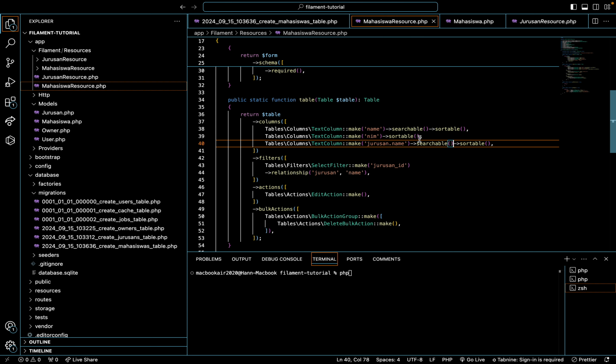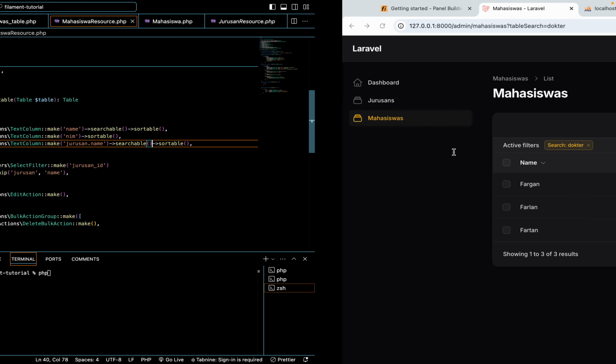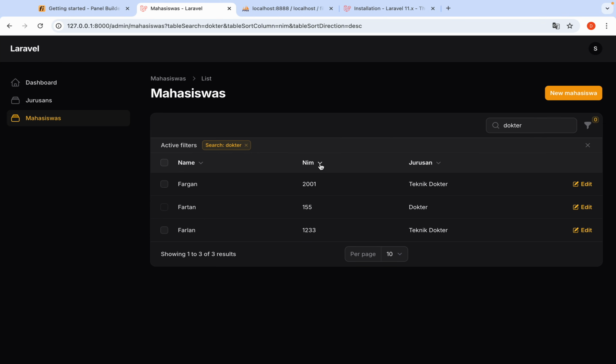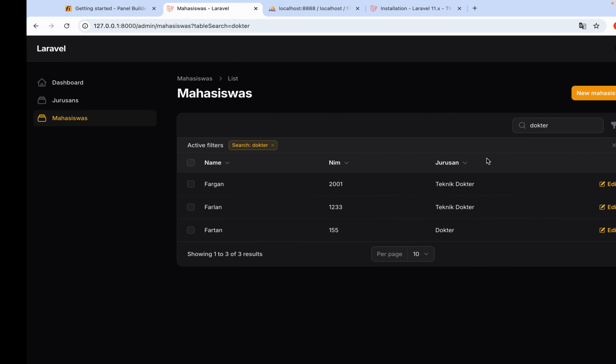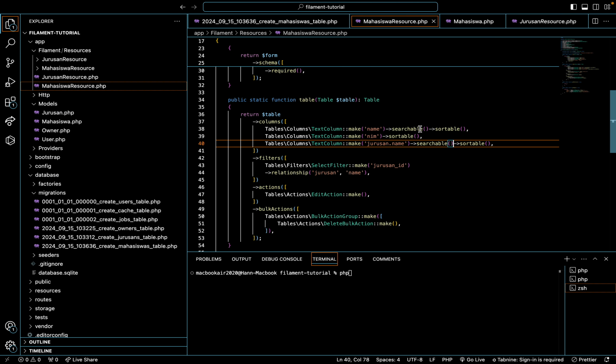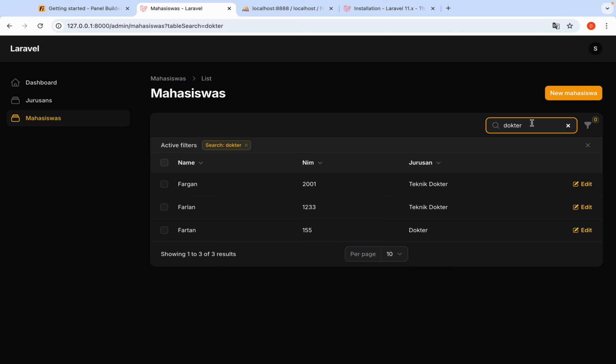Like this too. The name is only sortable. The sortable like this. You can sort from above and from below. Like this too. If you want to make it searchable and sortable like this name, I want to search Farhan.